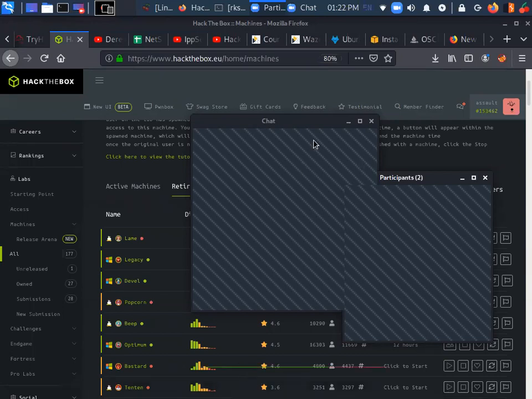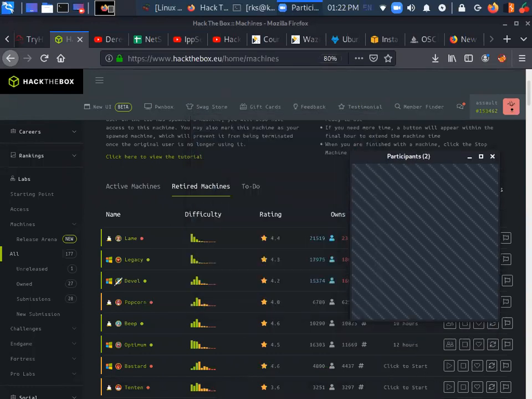For tomorrow, we are going to talk about Devel. I'm telling you this so that you can give it a try by yourself, so that you don't come to the class completely blank. Just deploy the machine in the lab, do a basic nmap scan, see what you are able to find, see what you are able to enumerate. That would be homework for you. Anyway, I'm going to cover it.